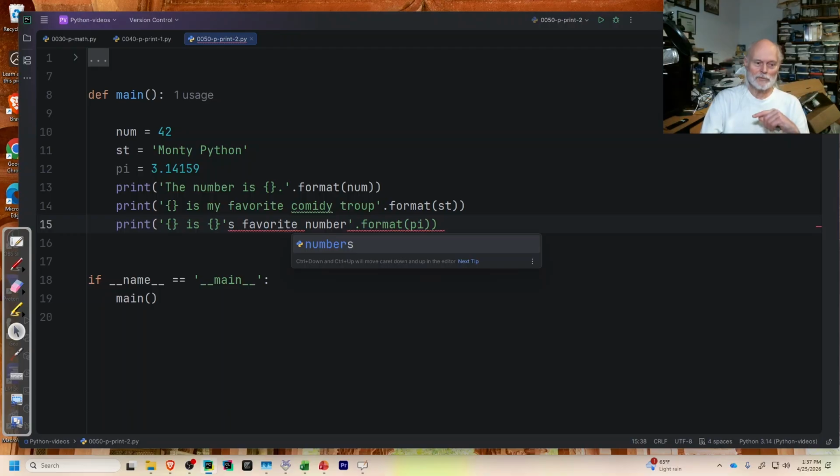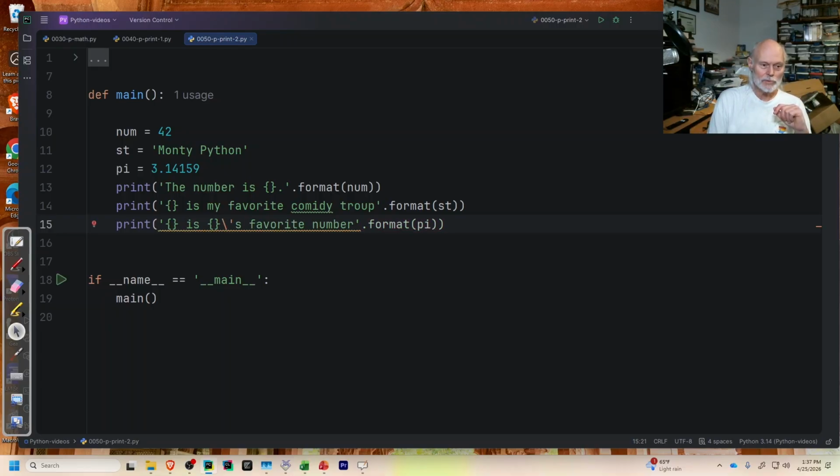Notice that I got this not in the green. PyCharm is saying, hey, there's a problem with that. And the problem was I used a single quote here and here, and then the single quote here, and it thinks that was the end of that string. So if I put a backslash, now it knows that I want it to do the quote. I could have used double quotes on the outside, and here